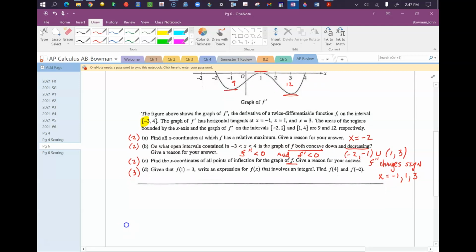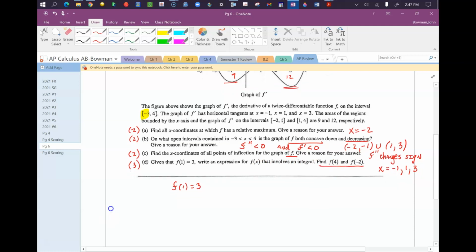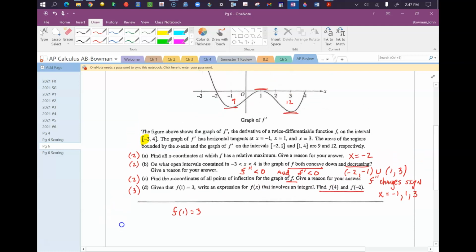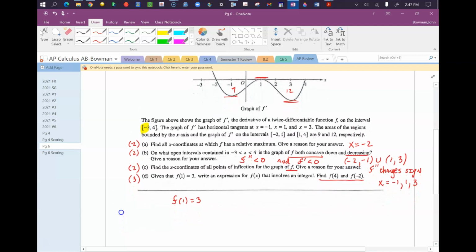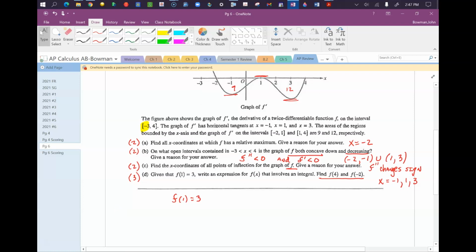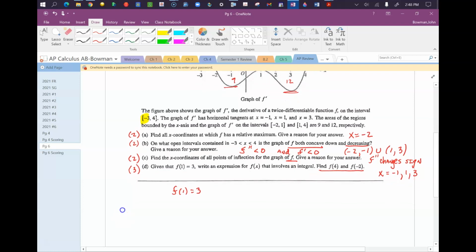And it says, given that f of 1 is equal to 3, write an expression for f of x that involves an integral. Find f of 4 and f of -2. All right, so let's think about what we have here. We have a graph of f prime, and we need to find an expression for f of x. Well, if we integrate f prime,